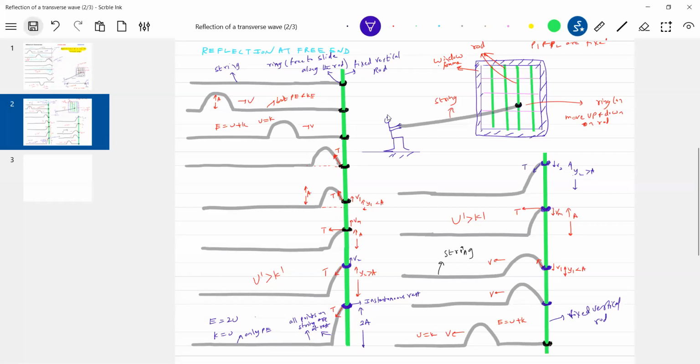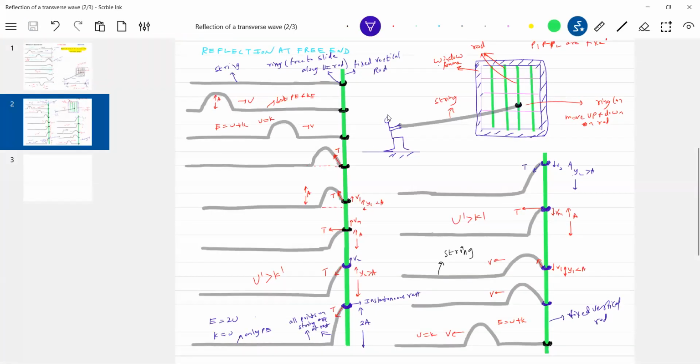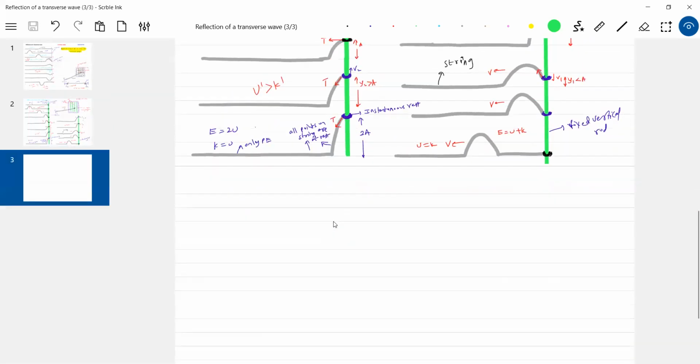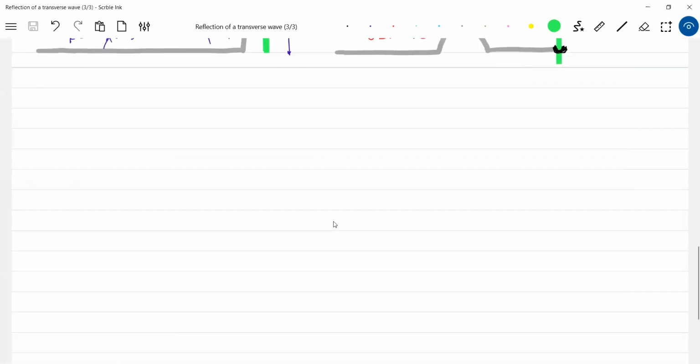Okay, shall we get into it now? Every time drawing the shape of the rope is a big headache, no? You see, I want to draw the shape of the rope, it's a big headache. To overcome this particular problem, we will go for the superposition principle. How to predict the shape of the rope when it is reflected by a rigid or free end? The next part is